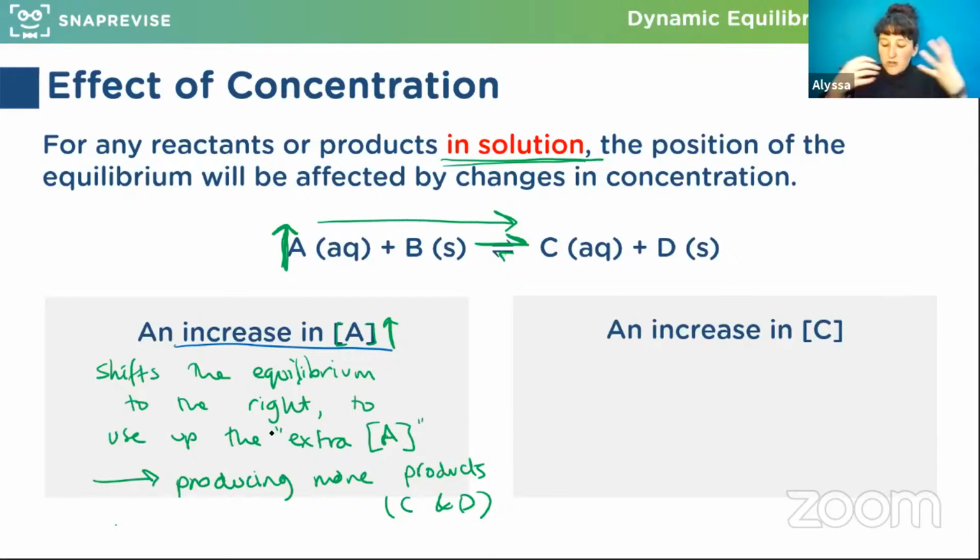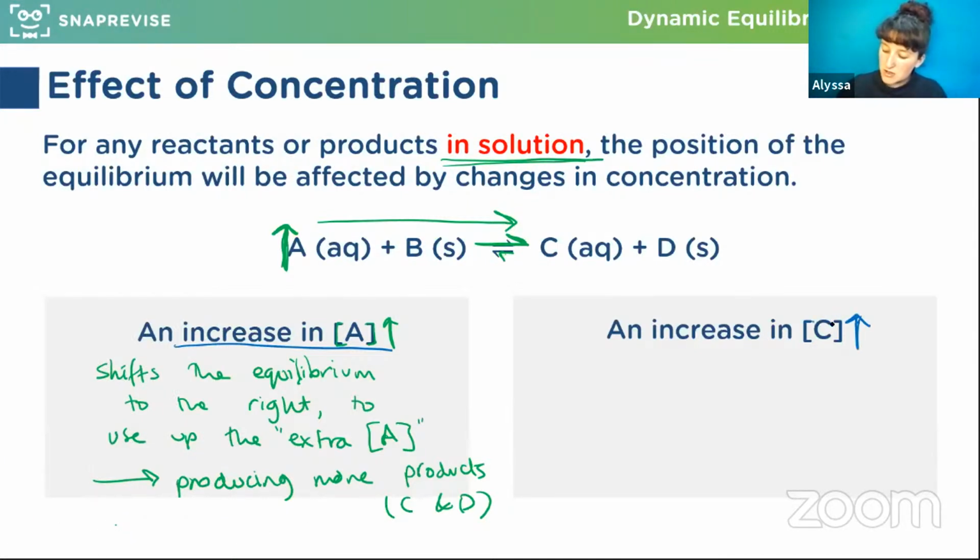It's because if we're increasing the concentration of A, then we've got extra A per decimeter cubed. And so in order to use it up, to go back to our equilibrium again, we're going to need to use up the extra A. So in doing that, we produce more products. So yes, increasing concentration of A in this case is going to have an impact on the product formation, definitely. And then if we do the same, but in reverse, an increase in C.